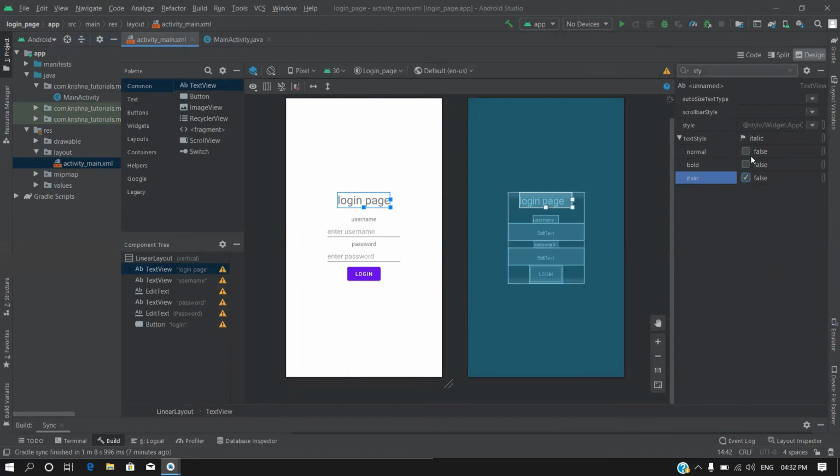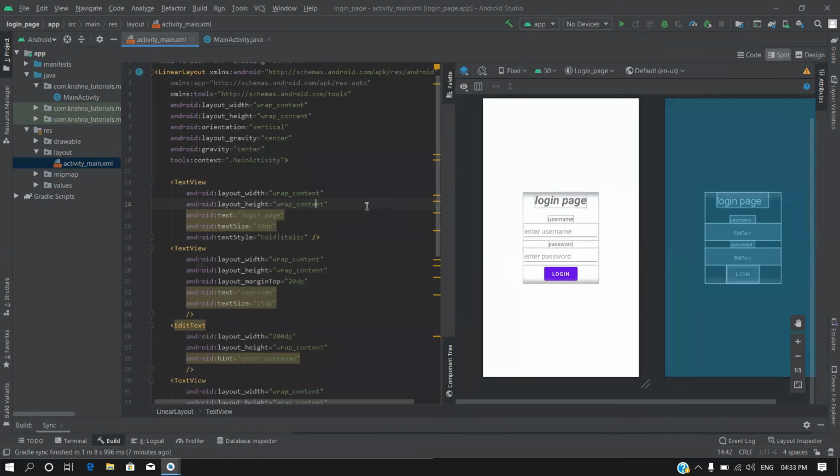Let's say make it italic, make it bold, so it has a good look.